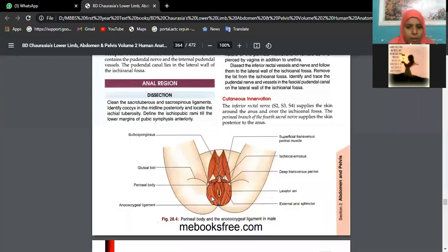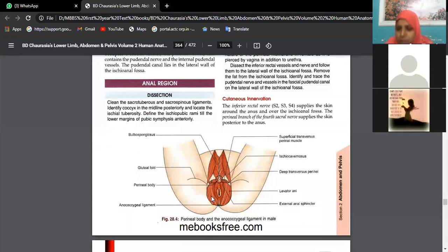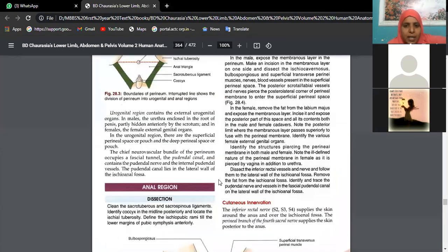See here, beta. Ma'am, perineal body, is it about the 10 muscles? Yeah, very good. It is all about 10 muscles, which also act as one of the supports of the uterus, the perineal body. Okay, so perineal body has come for short notes, beta, 3 marks. It may also be a viva question. What are the muscles which form the perineal body? So the perineal body is interlacing.